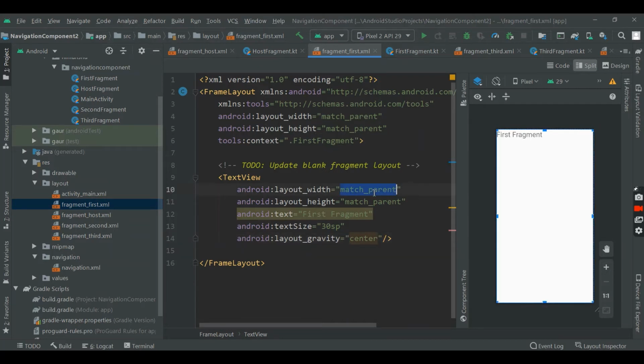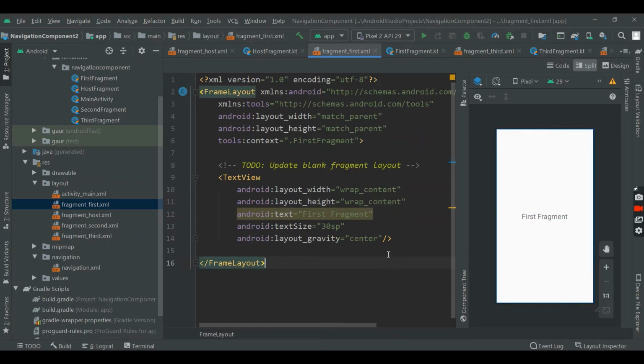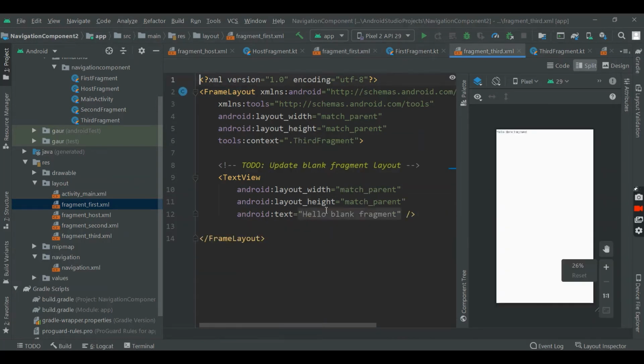We use layout gravity, so that's why we need to make width and height wrap content. Otherwise if we use match parent, we need to use gravity. This is not our topic, so leave it.